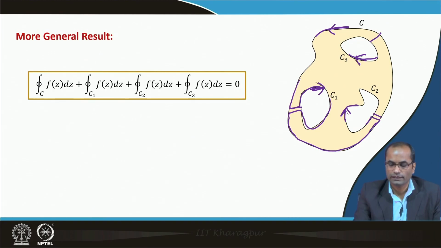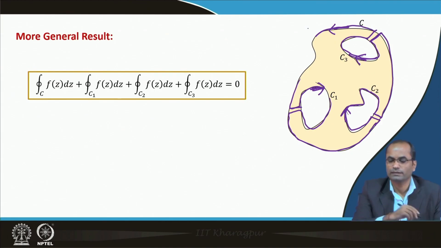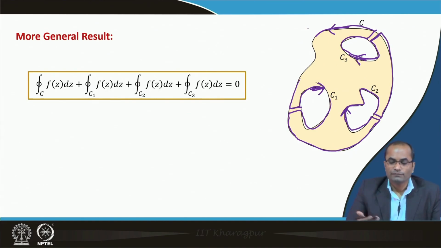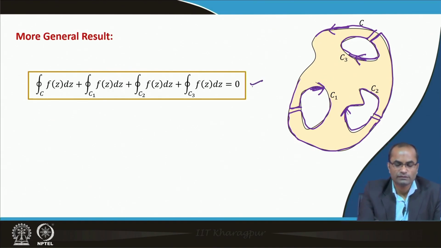So, then we will traverse across this C 2 and come out of this, then we will go to the third one, go in and then traverse in the clockwise direction, and then go out, and then again this one. So, if we take such a cut here, the whole domain will become a simply connected domain, and then we can apply again the Cauchy integral theorem, and as a result we will get that the integral over